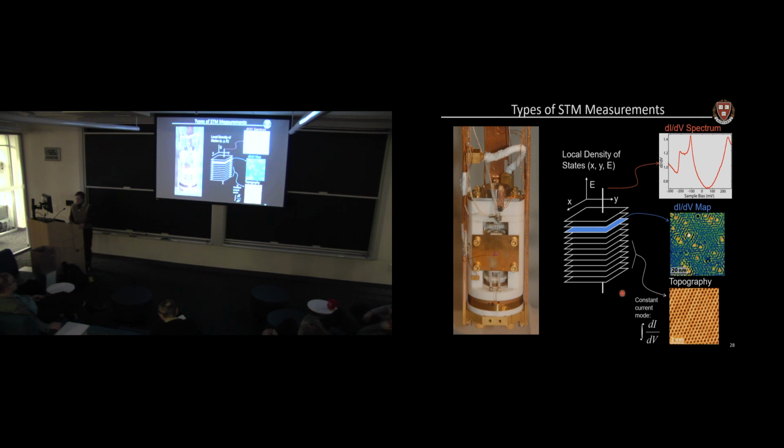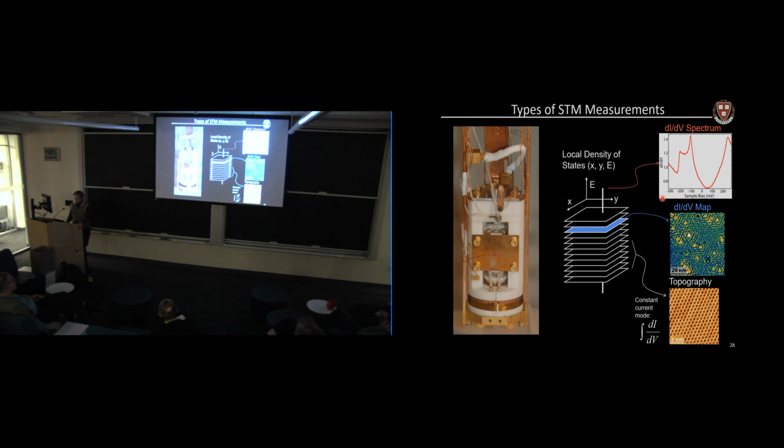Okay, so this tells us how we can get spatial resolution. It tells us how we can get energy resolution. But at the beginning, I said what we really want is energy versus momentum. And an STM is collecting all of the electrons that come into the tip from every which direction in the sample. They could be coming this way, this way, or this way, and tunneling into the tip. And that is integrating out the momentum information that we want. And so we need some additional way to get a hold of this momentum information if our ultimate goal is to figure out the energy versus momentum of the material.